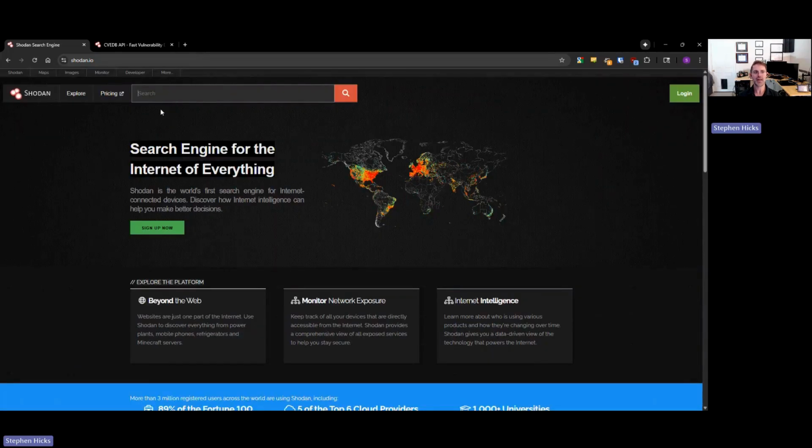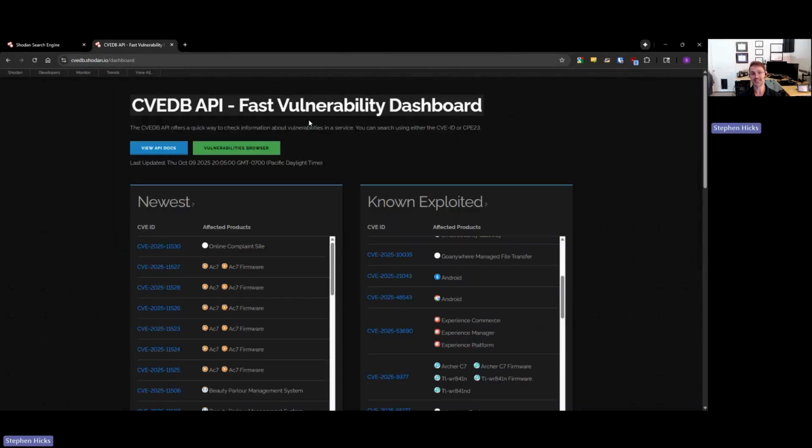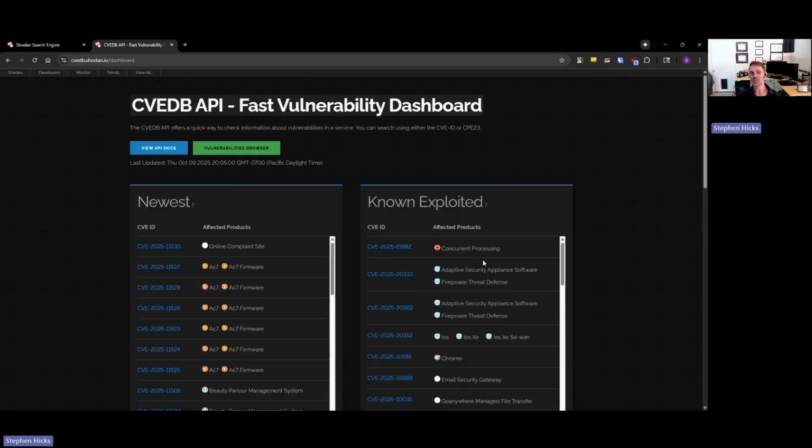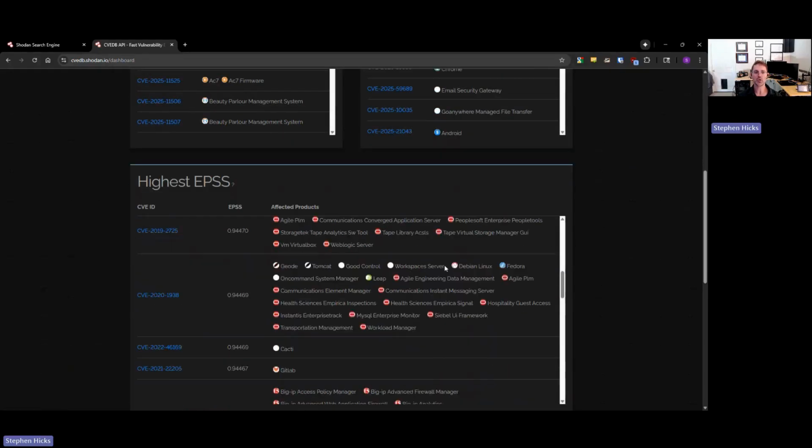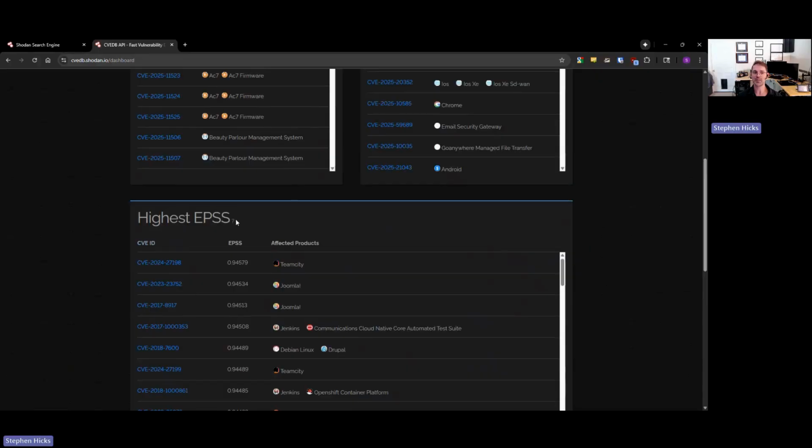Interestingly enough, they also have a database of vulnerabilities here. Here is all the vulnerabilities we've seen across the entire networks, across the internet. Here's some known exploited ones. Here's some nice new ones. And if I was to go look at the highest EPSS scores, meaning the most affected, one on TeamCity,